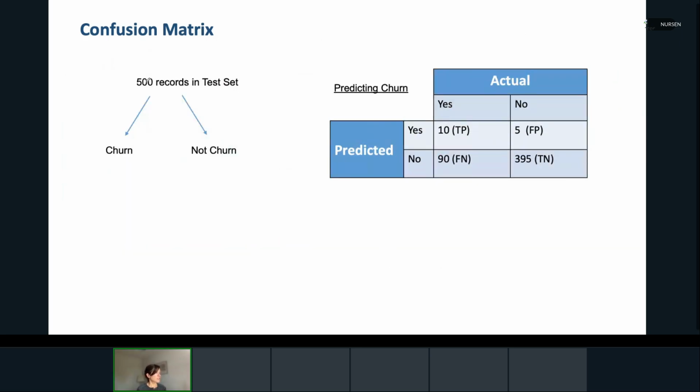So overall, this is the summary I already mentioned. We have 500 records in the overall test set. If you sum the rows, we have 15 yes cases as a prediction and 485 no predictions. This is no prediction, and this is churn prediction or yes prediction. If you sum up the columns, you will see we have 100 actual churn cases in the target variable, and we have 400 not churn cases